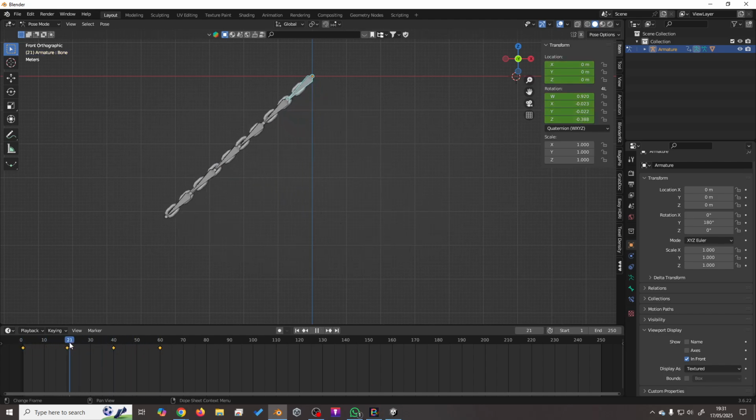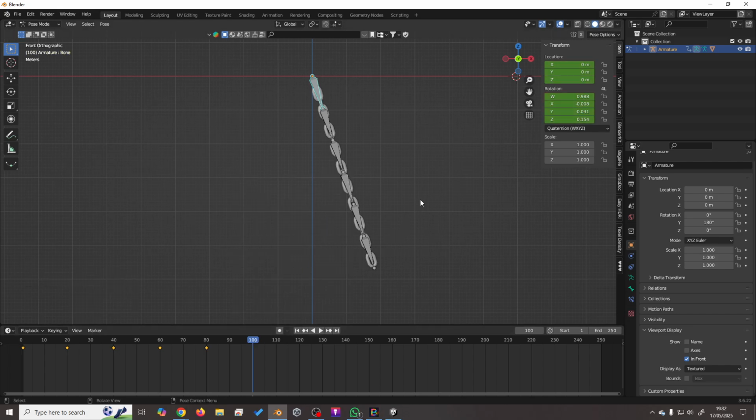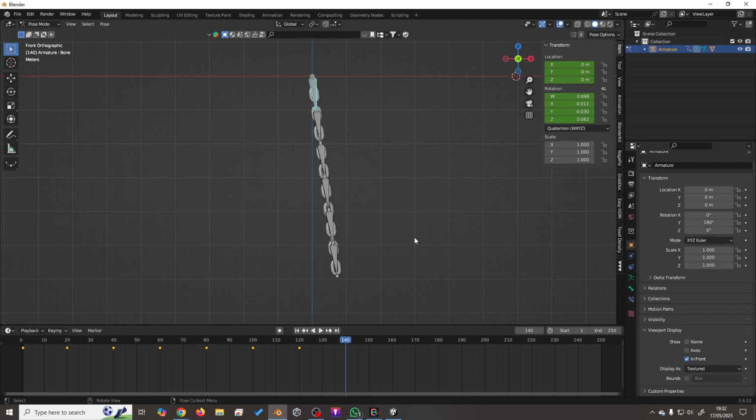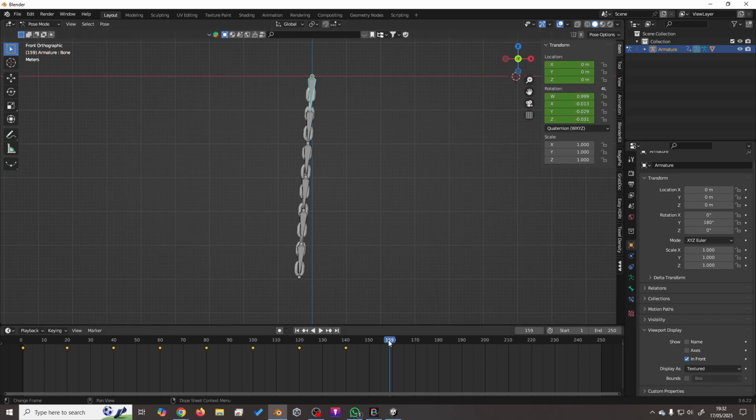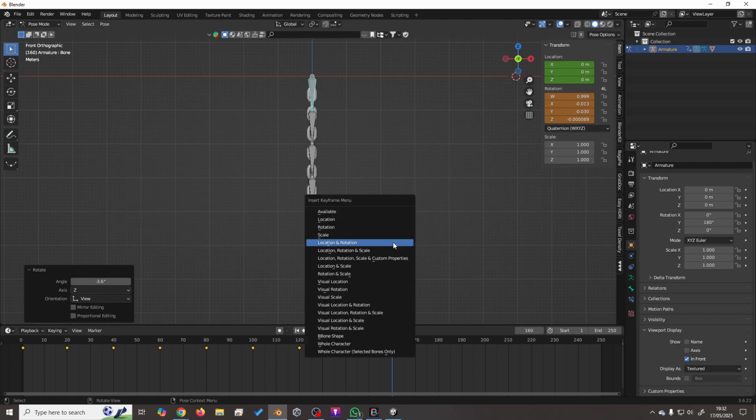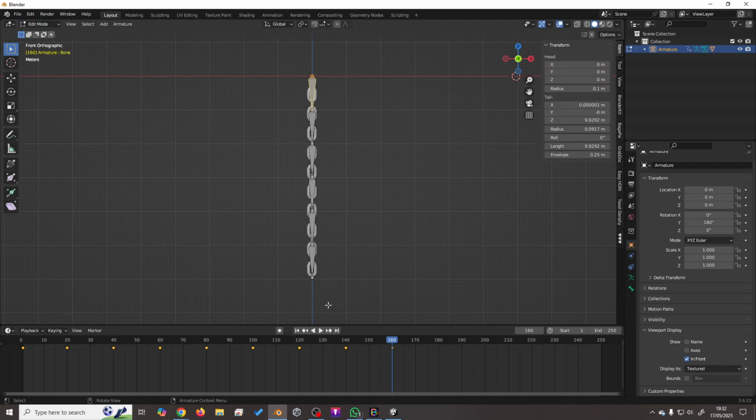How are we doing? Okay. Maybe there. And there. And then maybe by 160 she'll have it kind of settled. Maybe. Insert location rotation. So if we come out of edit mode, the chain isn't bending or anything obviously yet, but